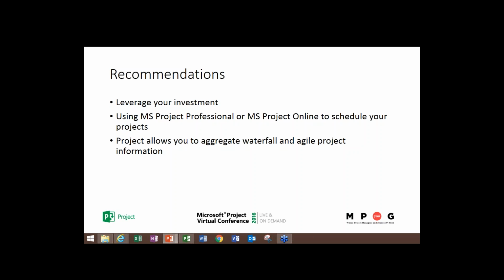And once you've done something like what I did, it would be so easy to create a template for your organization. You might take the resources off it. Obviously, you're not going to have the progression there, but once you've built that, you could utilize it over and over again, very easily, for a lot of Scrum projects. You can use Microsoft Project Professional or Project Online, if you have Project Server or Project Online, to schedule Agile projects and other project types.